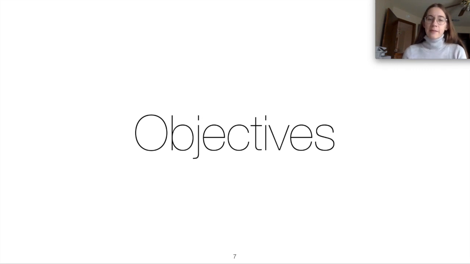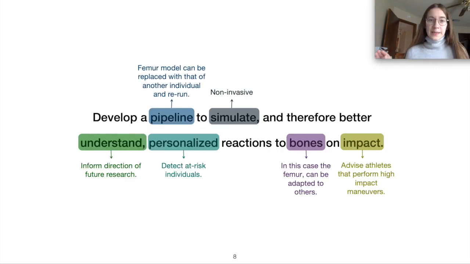So what are the objectives of my project? I'll read you the whole statement here. To develop a pipeline to simulate, and therefore better understand, personalized reactions of bones on impact. When I say the word pipeline, I mean I want to be able to make a model that can be replicated with different individuals and it can be rerun with different parameters or situations. The point of making a simulation is because it's non-invasive, which is great,